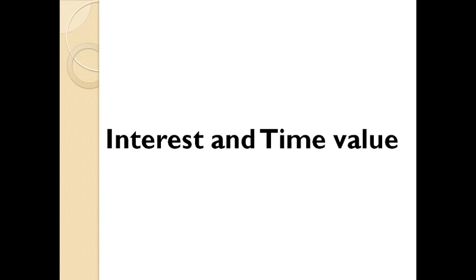In the last class, we discussed in detail the concept of time value of money, time preference of money, what is meant by present value as well as future value, and discounting concept as well as compounding concept. The discounting concept is the other side of the present value concept, and the compounding concept is the other side of the future value concept. And we discussed in detail the equations which we are going to deal with, and compounding in case of simple interest as well as compound interest on the basis of time value.